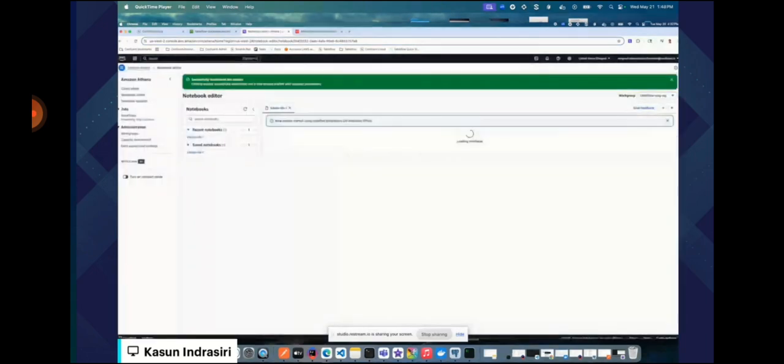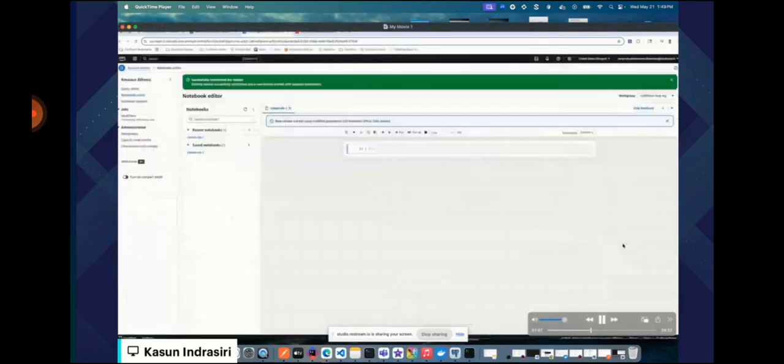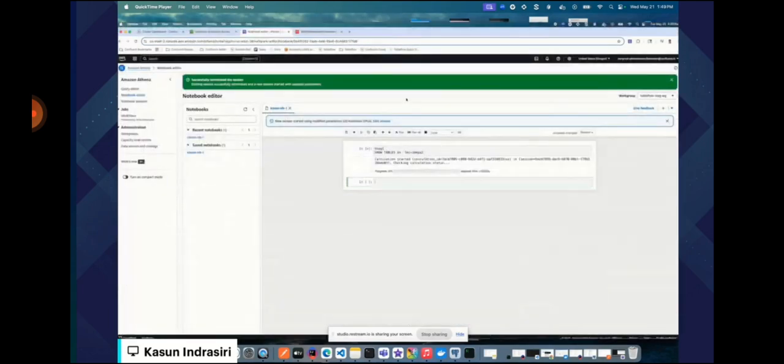So after configuring everything, you are ready to start querying the topics or tables that we have just enabled Table Flow. For that, you need the cluster ID. The cluster ID directly maps to an Iceberg namespace. Therefore, you can navigate to your notebook and list all the tables that are part of this namespace.